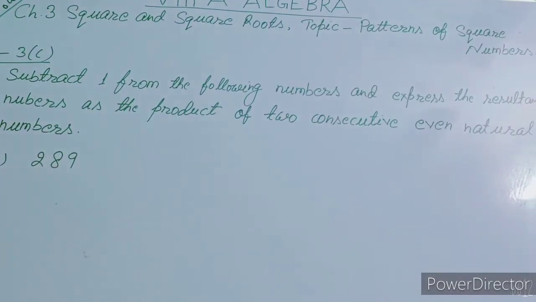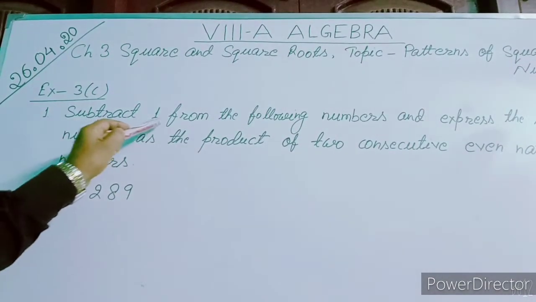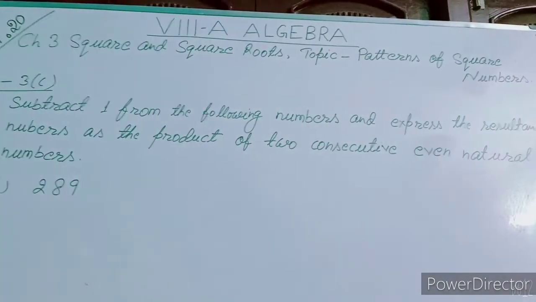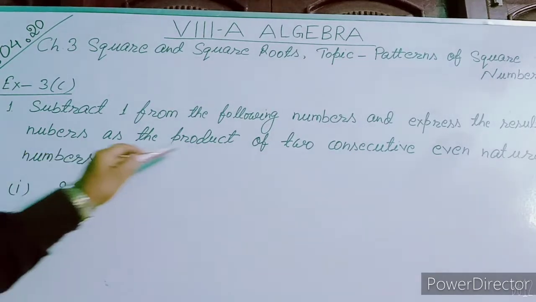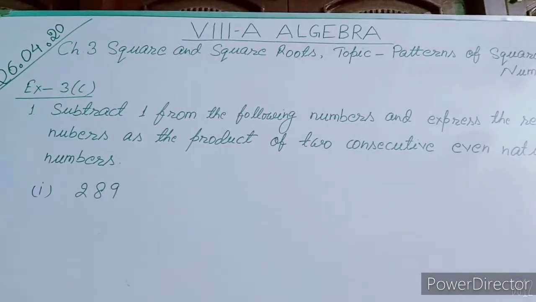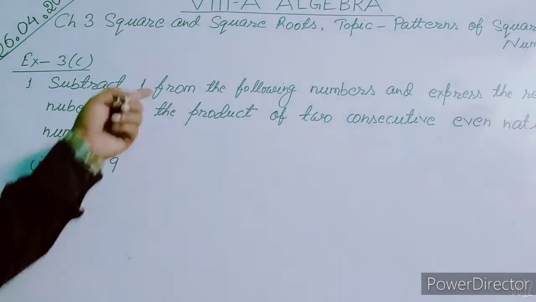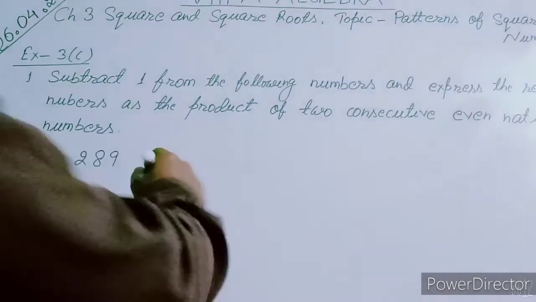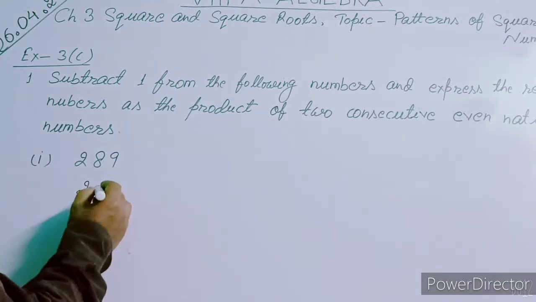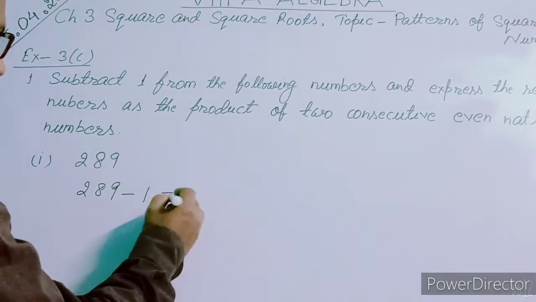In this exercise 3C, the first question is: subtract 1 from the following numbers and express the resultant numbers as the product of two consecutive even natural numbers. The first number is 289. As per the question, we subtract 1 from the number, that is 289 minus 1, and we get